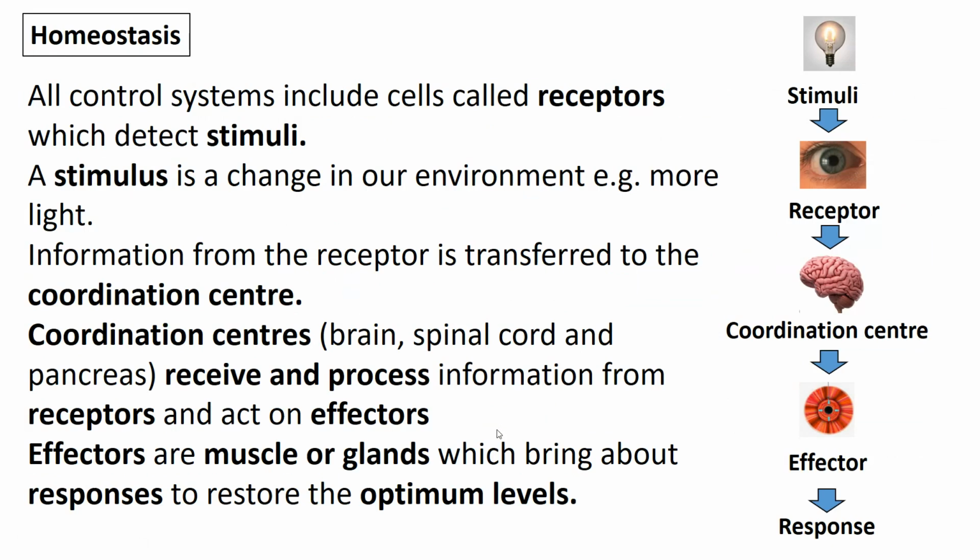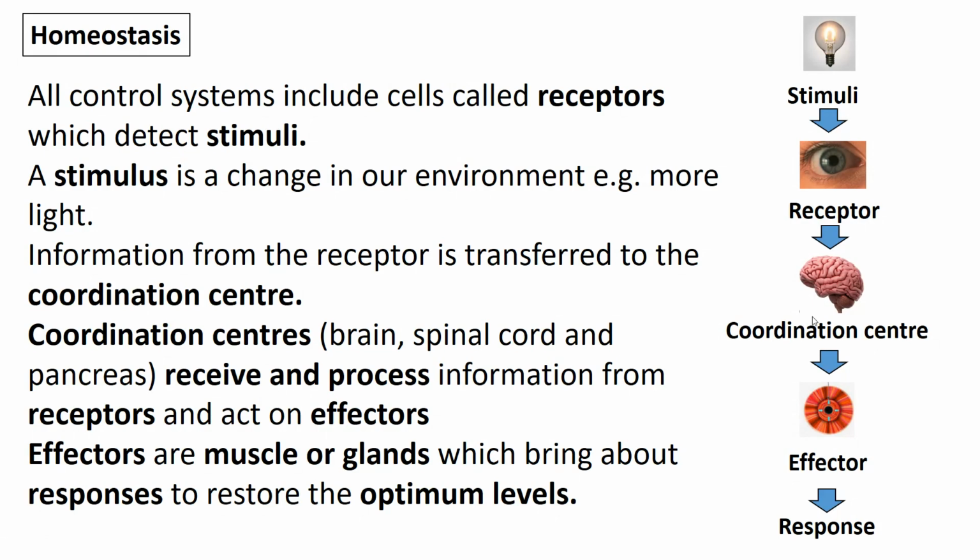So what really is homeostasis and how does all of this work? No matter which system you use, the nervous system or the endocrine system, you're going to use this similar pathway. And the pathway starts, if you look at the diagram, with a stimulus. A stimulus is just a change in our environment. For example, that could be a light coming on. Receptors then detect this change. So the receptors here, concentrated in the eye, would detect the change. And that information is then transferred to a coordination center, which in this case would be the brain. But it could be the brain or the spinal cord or the pancreas, depending on which condition you're going